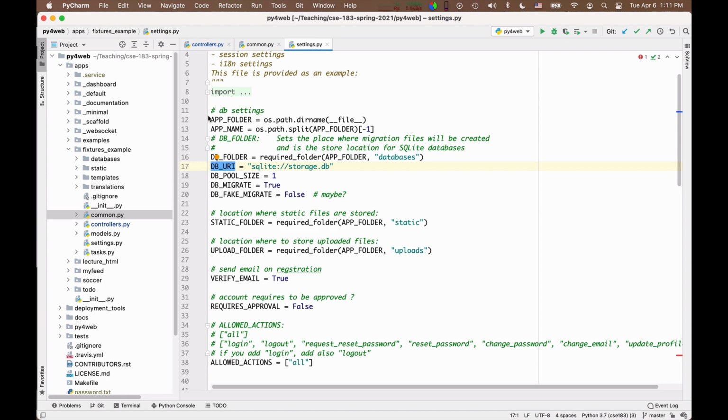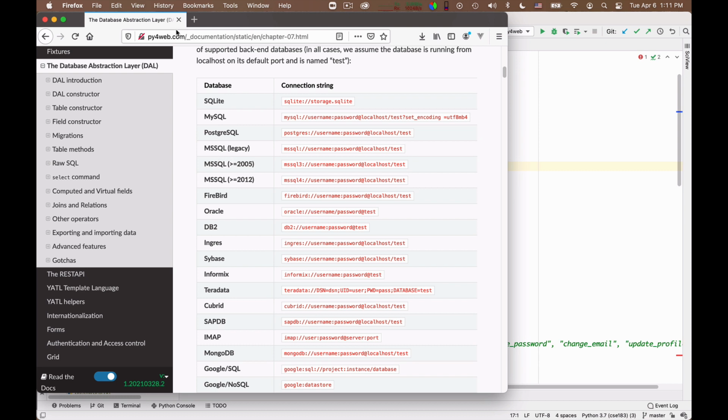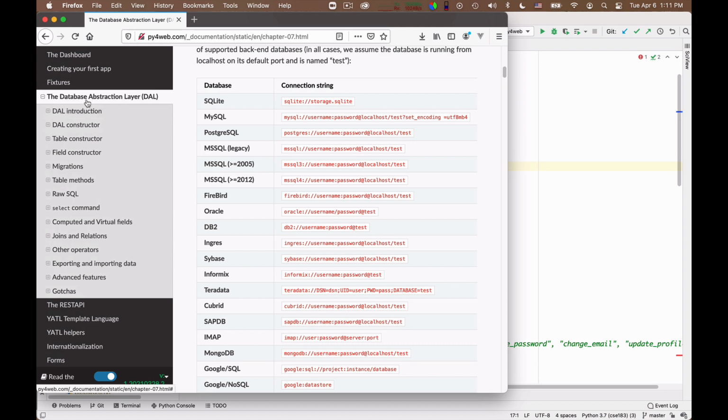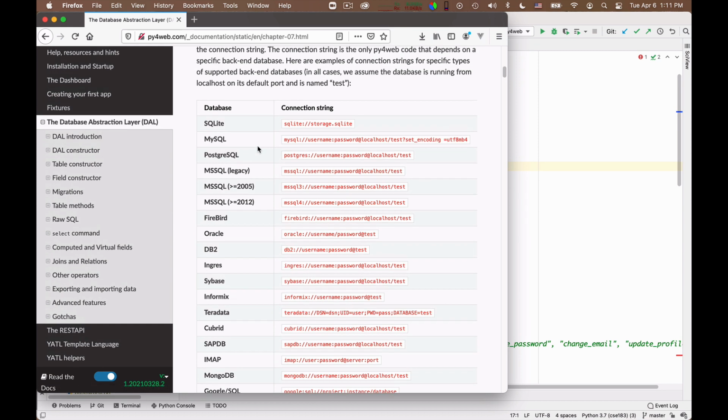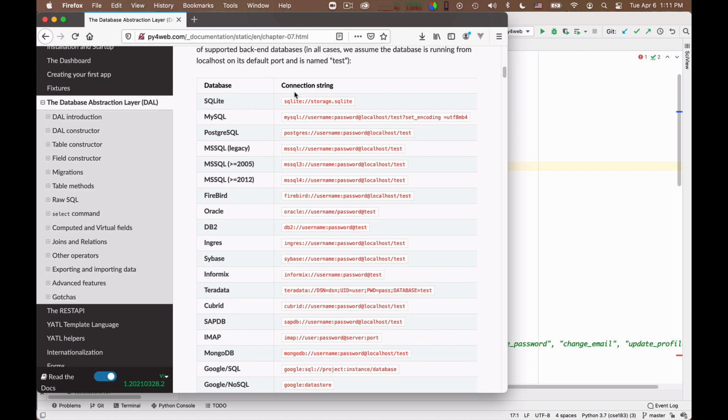If you want more information about how to connect to a database, the place to look is the Py4Web documentation. If you go into the chapter for the database abstraction layer, DAL, you can find, for instance, all the connection strings that tell you how to specify to which database you want to connect.